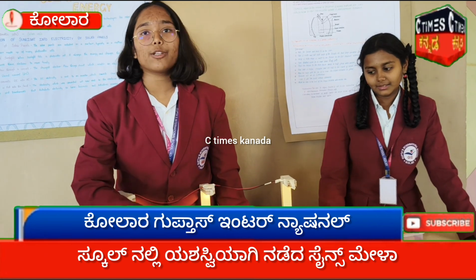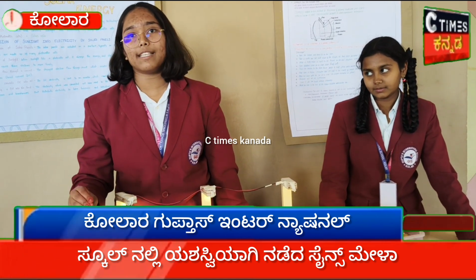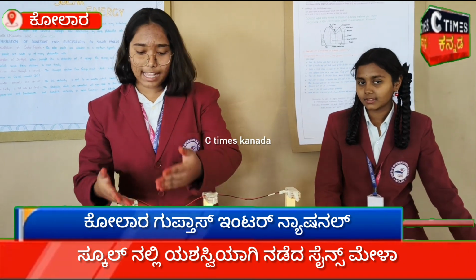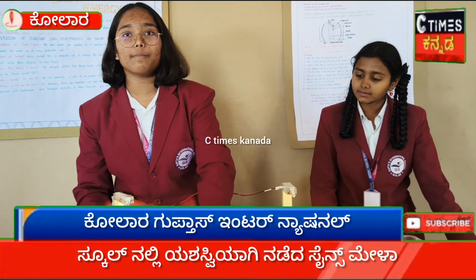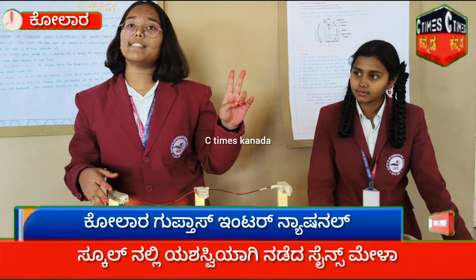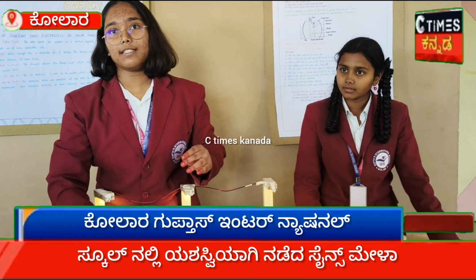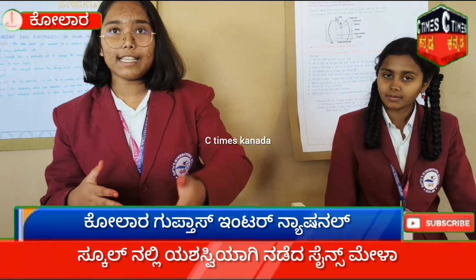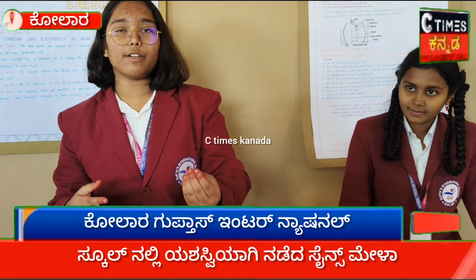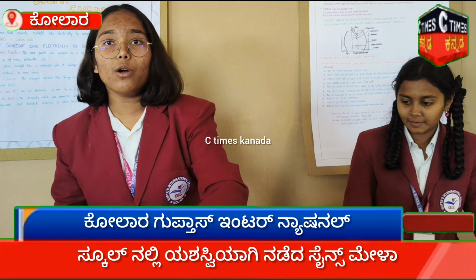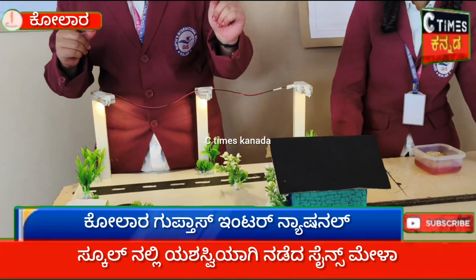Now I'm going to show how exactly the conversion takes place in solar panels. First is the installation of the solar panels. As you can see here, I have installed the solar panels on a surface. Second is the absorption. The photovoltaic cells of the solar panels are going to absorb the energy from the radiation, which charges the electrons, and that will flow through a circuit known as electrical current.